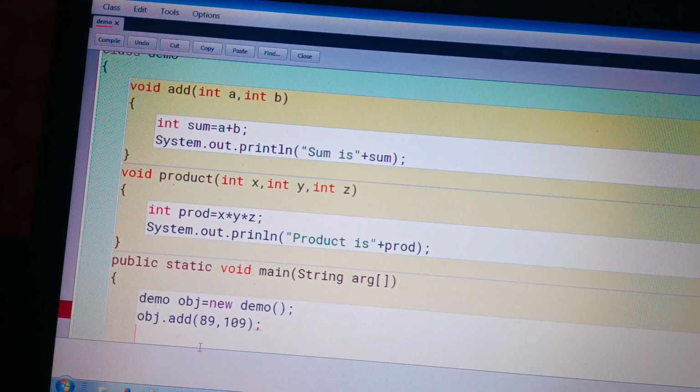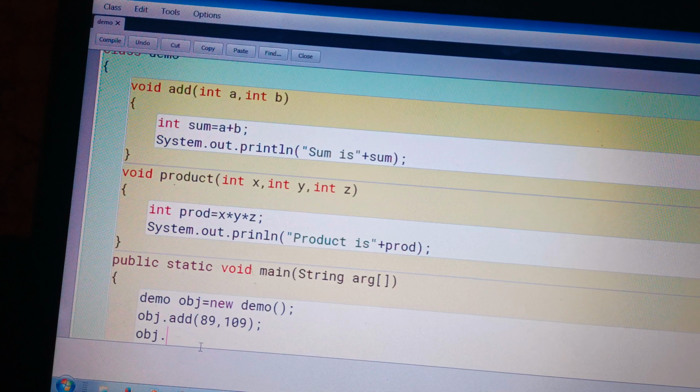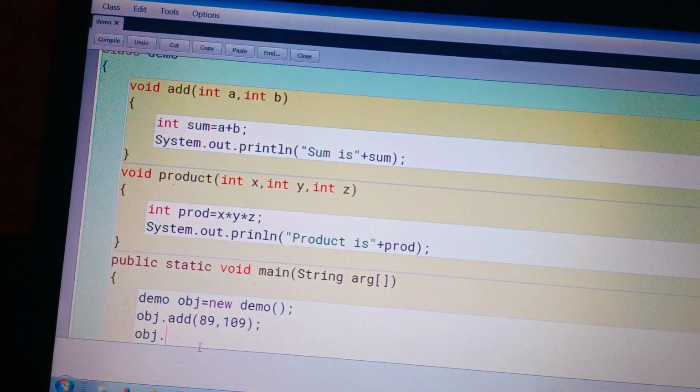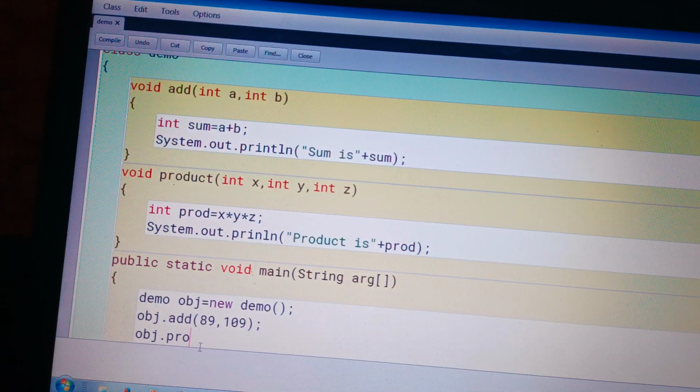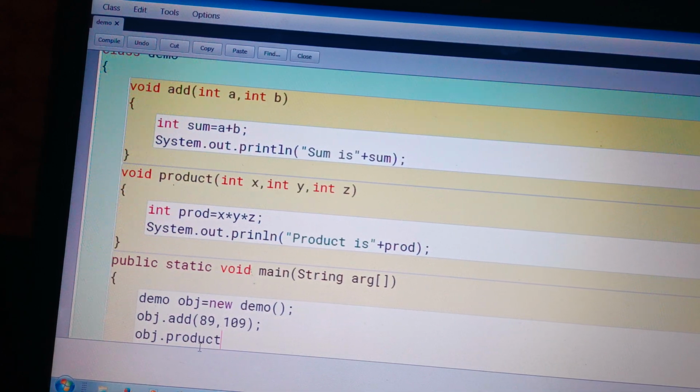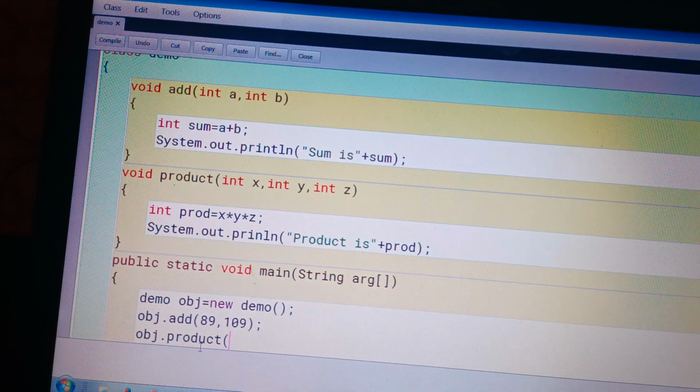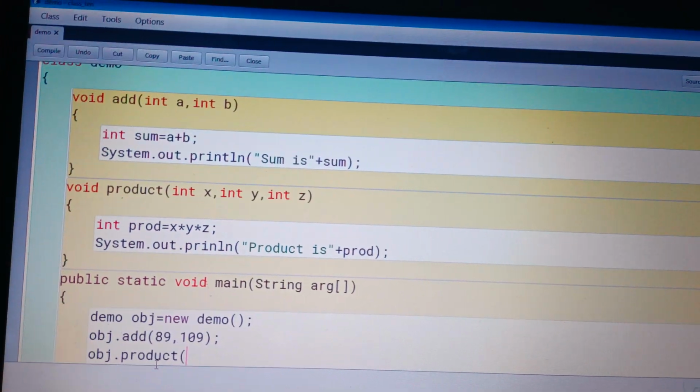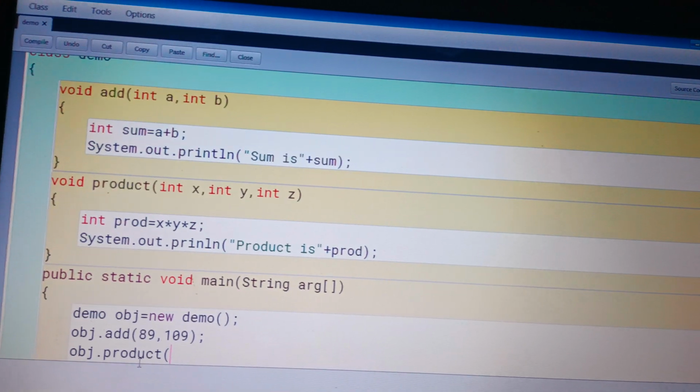After this, now we are going to call the second method, that is obj dot product method. And in this method we pass three values of integer type.